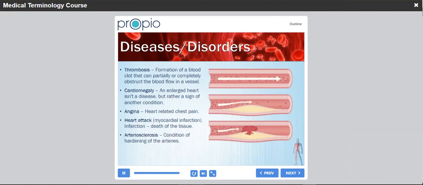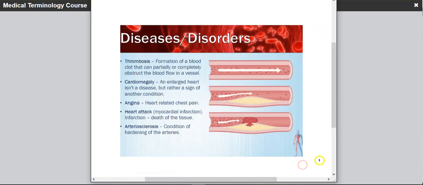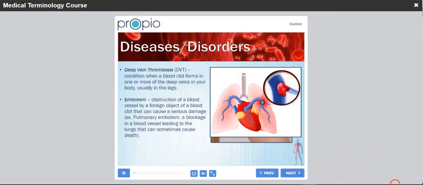Arteriosclerosis is a condition of hardening of the arteries. Deep vein thrombosis, DVT. It's a condition when a blood clot forms in one or more of the deep veins in your body, usually